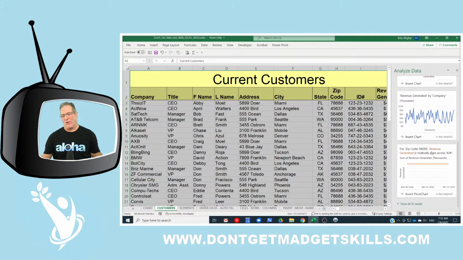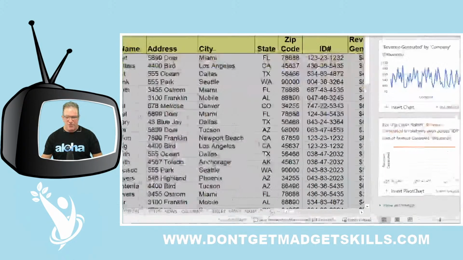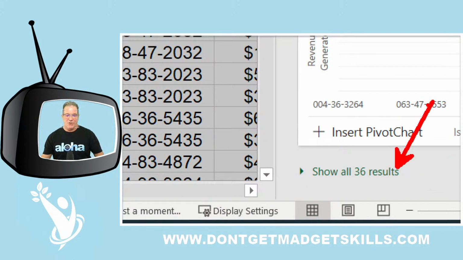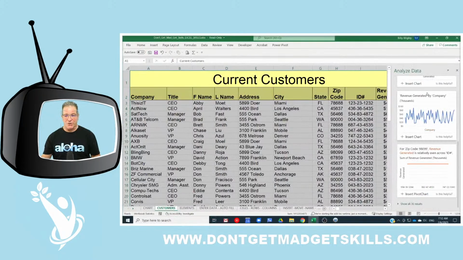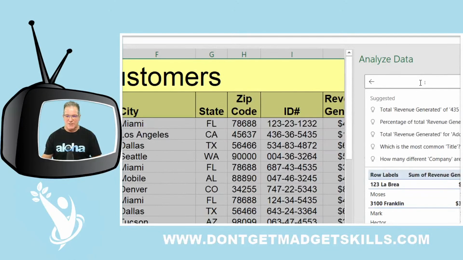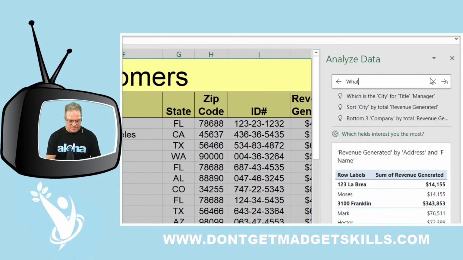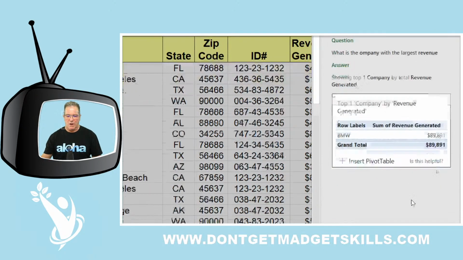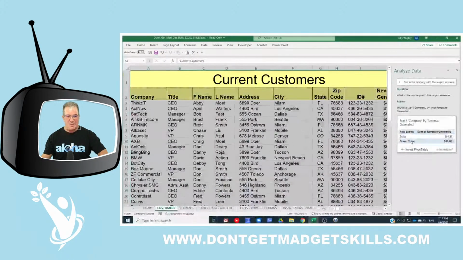Right here are all kinds of different reports. And then of course we've got 36 additional results, and then we can just ask a question. We can just say, what is the company with the largest revenue? Company with the largest revenue. All right, and look, it's BMW. There you have it. According to this particular range of data that we have right here, BMW has the largest